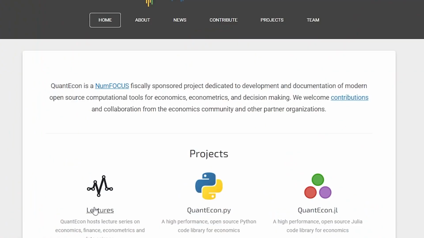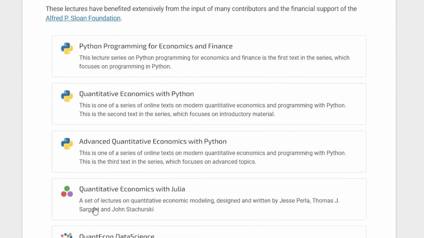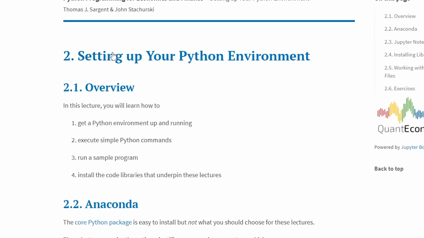This is a treasure trove of Python resources, and it teaches Python right from the basics. It assumes no prior knowledge, so you get all the foundations of Python, and then on top of that, there's a lot of lessons on how to use Python with data and for modeling. Now, a lot of the examples are based around economics because this site was founded by a Nobel Prize-winning economist, Thomas Sargent. So you can forgive them for making a lot of the examples about economics. But don't let that put you off, because all of the information about Python is relevant in many different settings.